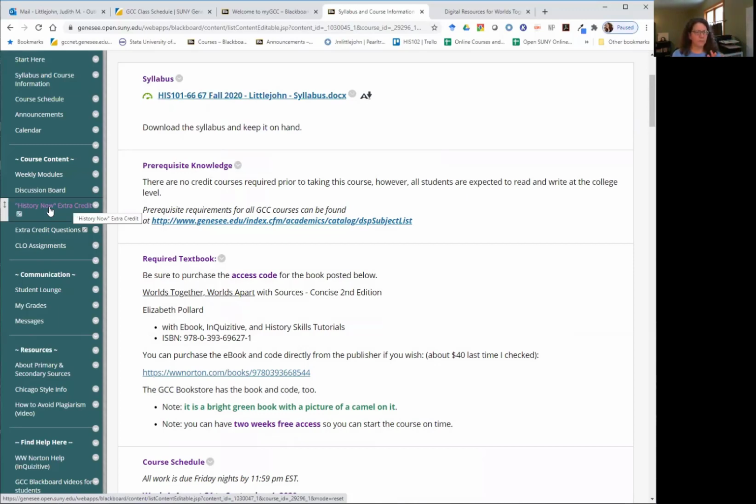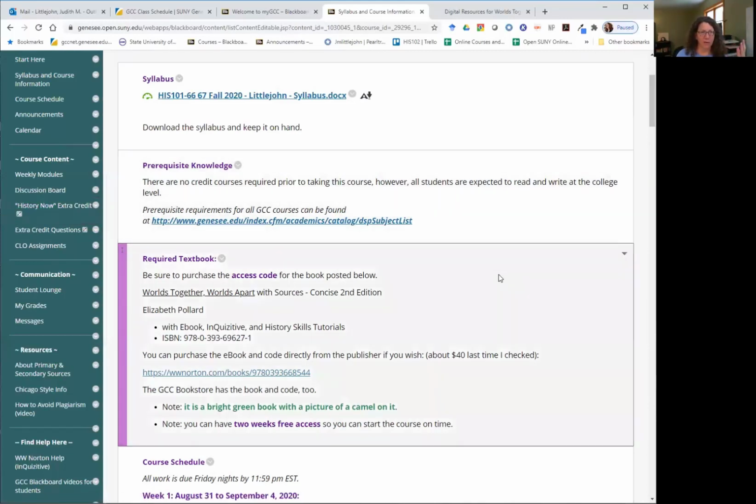So, for example, just the other day, a magazine published an article about people who digitized what the Roman emperors would have looked like as humans. It's really interesting. In fact, I'll find that and stick it in here so you can see it. That would be an excellent example of a History Now extra credit. So it's something that's current, happening now, but it's directly related to what was going on in one of these time frames that we're studying here.